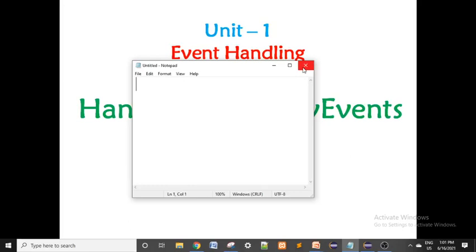The reason is we have to handle the window event. We have to handle the window event when we want to close the window. If you want to close this window, we have to handle the window event. So let us learn about window events.